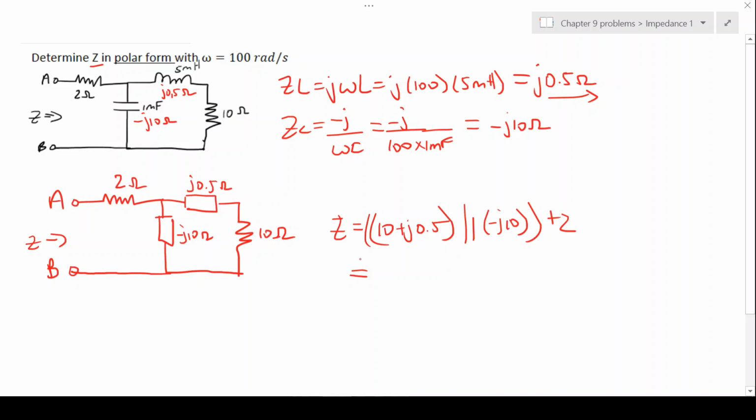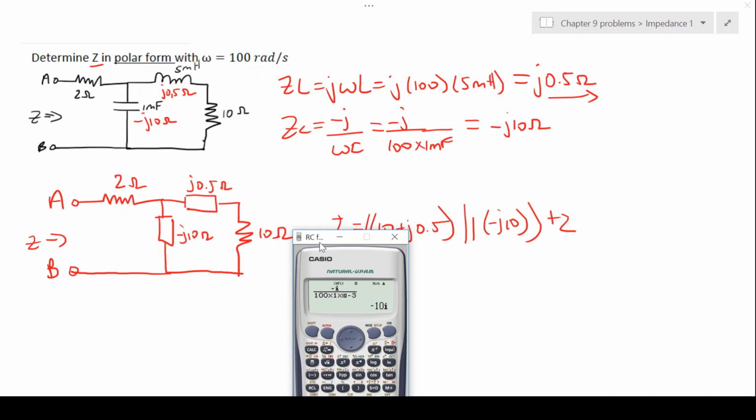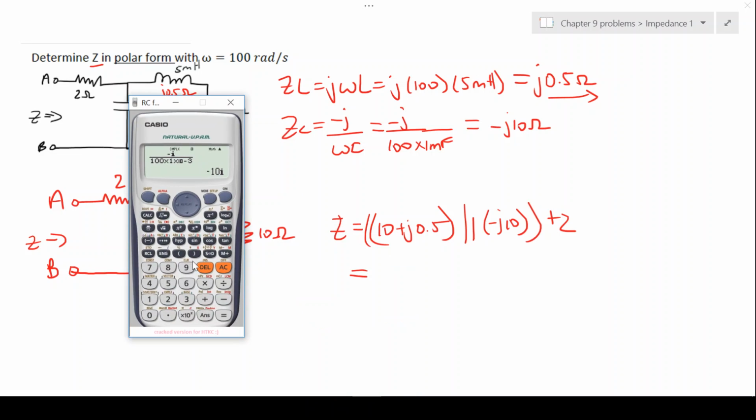Right, so 10 plus J 0.5 in parallel with minus J 10. 10 plus 0.5 I, that will be in parallel with minus 10 I,